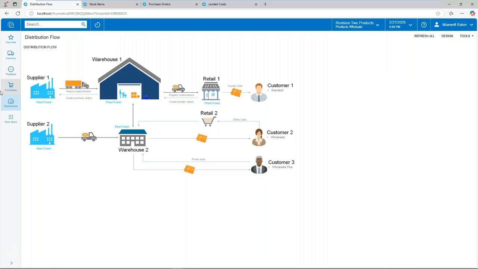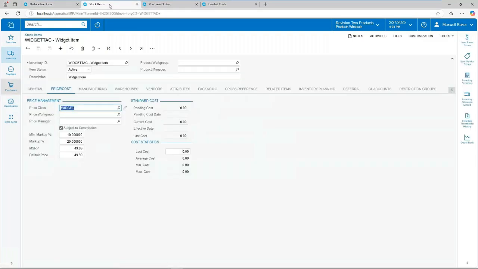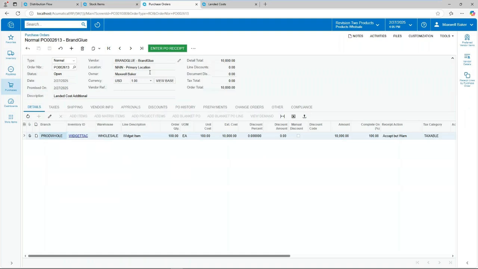So here is my Acumatica dashboard. We're going to take a look at, first of all, stock items here, where I'm going to set up an item as a stock item. And under the price cost information of my item, I can see that the last cost I bought this at was 0, and my average cost is also 0. So I'm going to now create a purchase order, and then enter a receipt for the item, and then see how the landed cost function is going to give us a real time look into the cost of what we're bringing into the warehouse